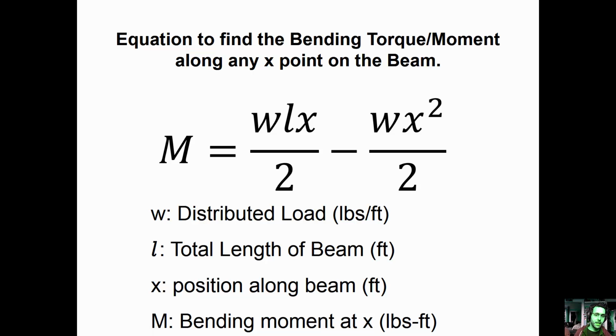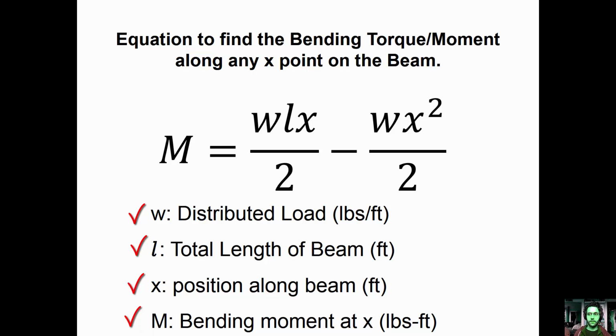Basically, you give Excel an x, and if we do this right, it'll spit out the bending moment. x has to be in feet, and then the bending moment M will be in foot-pounds. The only other variables in here are w, the distributed load, which we already know is 500 pounds per foot, and L, the total length of the beam, in this case